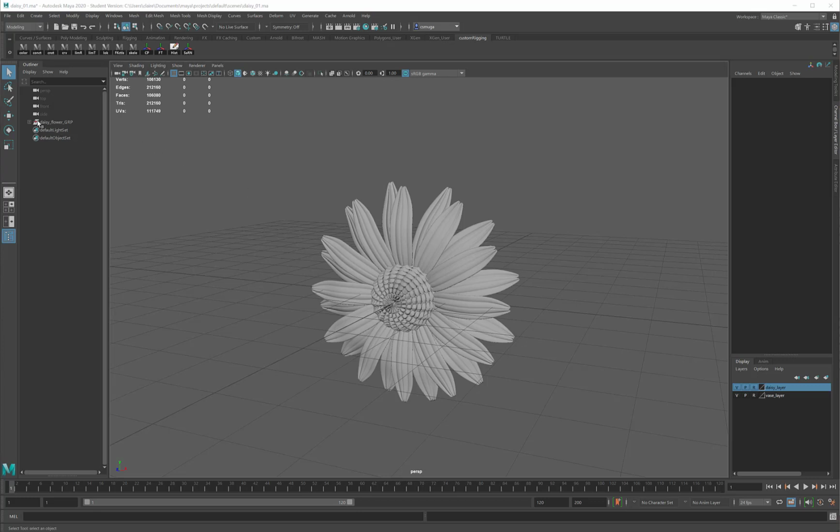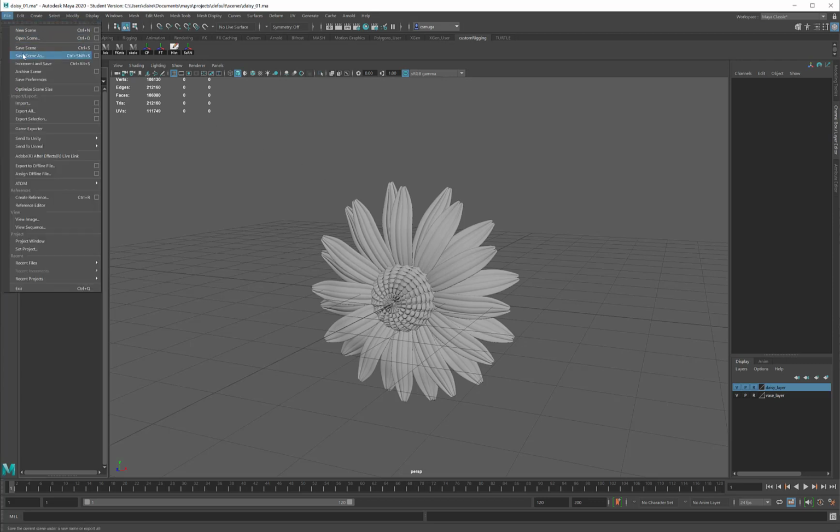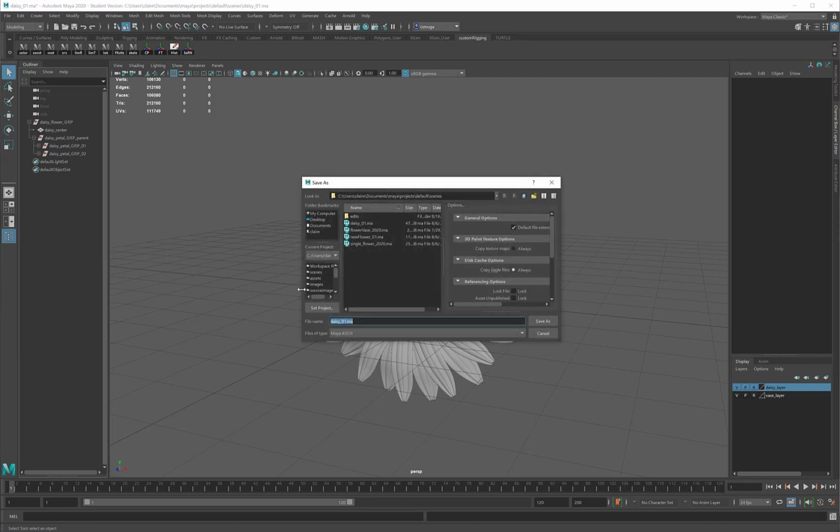Now that I've got my daisy finished, my outliner is composed, I'm very happy with the flower. This is a great time for me to save the scene. There are two things I'd like to point out at this point. The first is that when you save your scene in Maya, I want you to get into the habit of